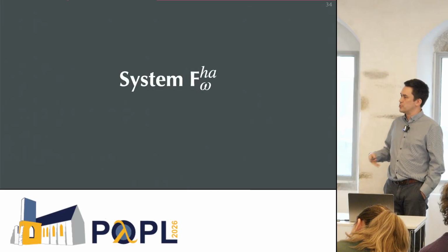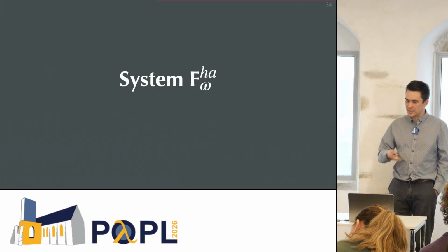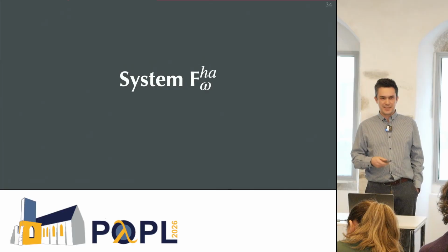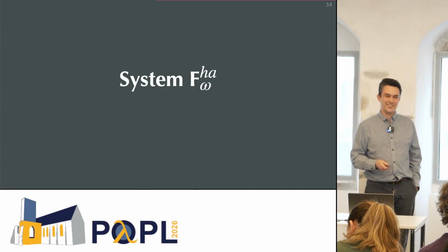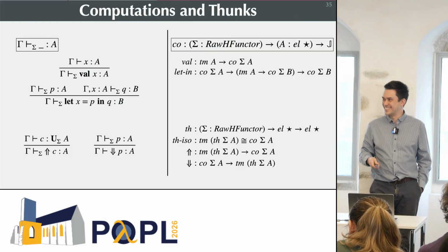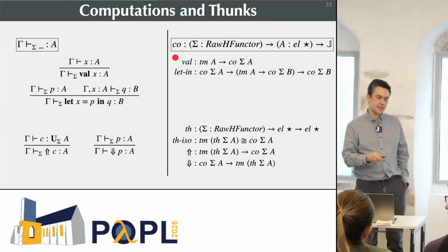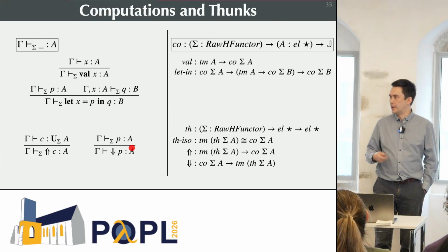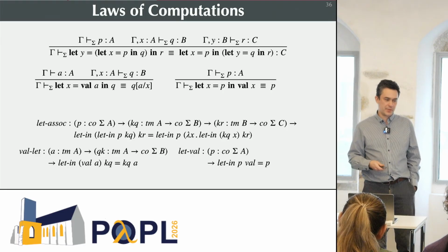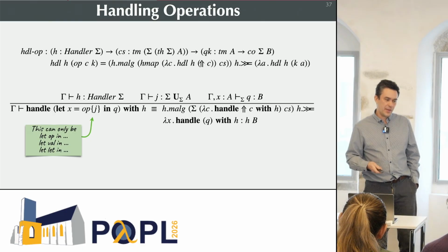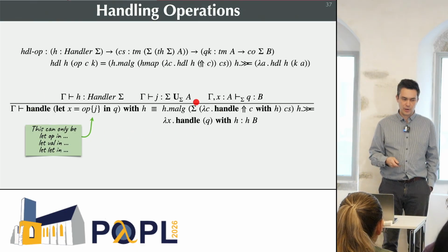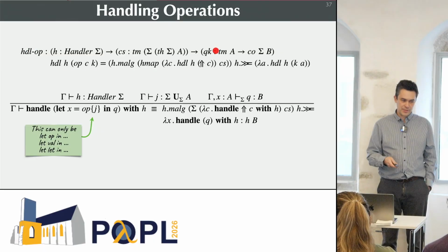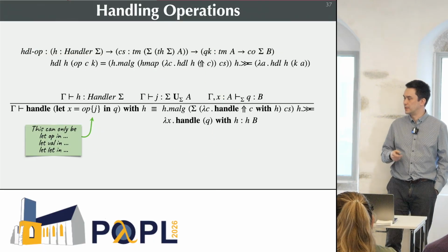And the key contribution of the paper itself is actually not just this, it's working towards system F omega ha, which is F omega extended with handlers. This is basically where we add in CBPV-style thunks, where we've got forcing and thunking. We can talk about things like the laws of computations as you'd expect. And then the handle construct that I gave you earlier on is slightly generalized so that we're dealing with higher order signatures instead. So the rule that we give in the paper is this, but that translates to something like this in the turnstile way.